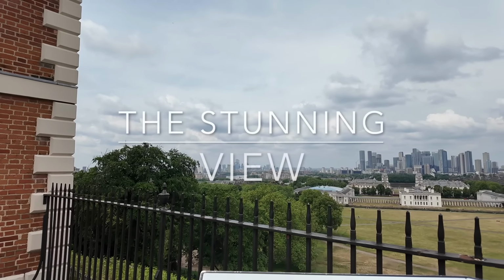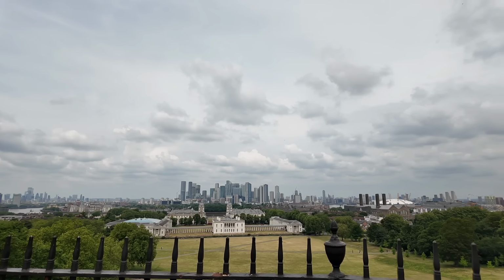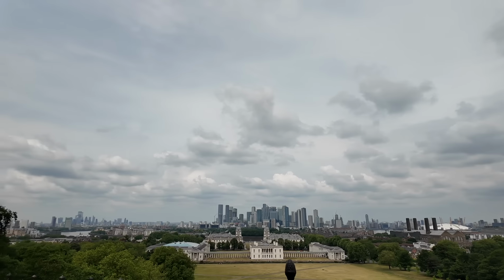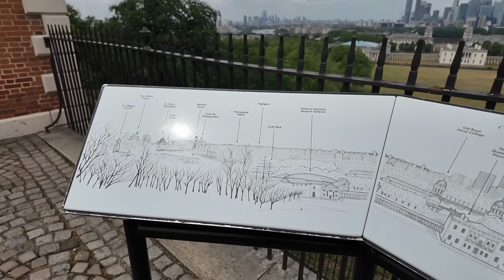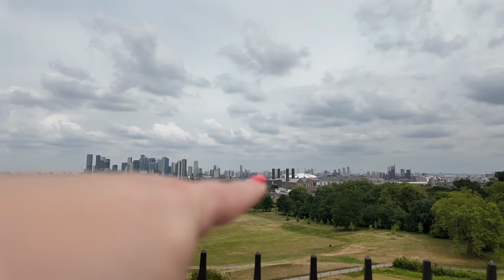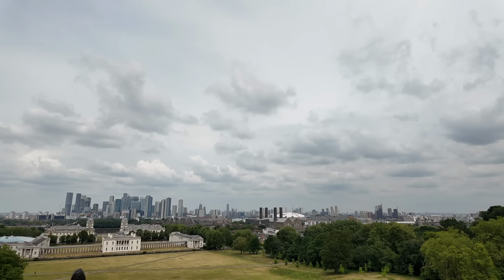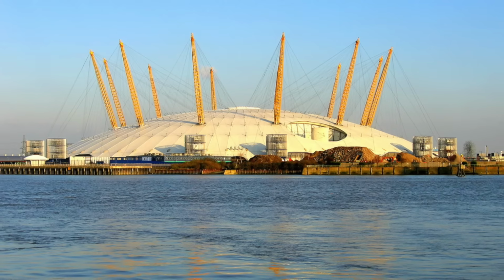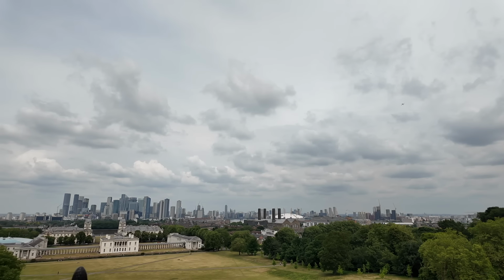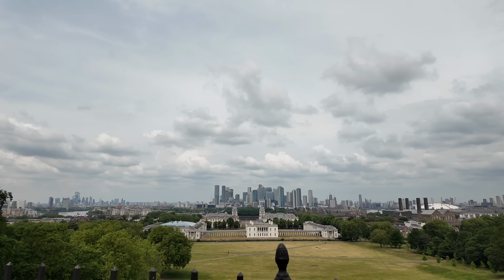Now you simply cannot come to Greenwich without coming up to the Royal Observatory, especially to get this iconic view. We can see quite a few different London landmarks on the skyline, and they're helpfully illustrated for us by this map. In front of us with the 4 smokestacks, that is the Greenwich Power Station. And just beyond that, deceptively further than it looks, is the Millennium Dome, a massive sporting, concert and entertainment stadium. Then, just a little bit this direction, we can see One Canada Square and the Docklands, including Canary Wharf,